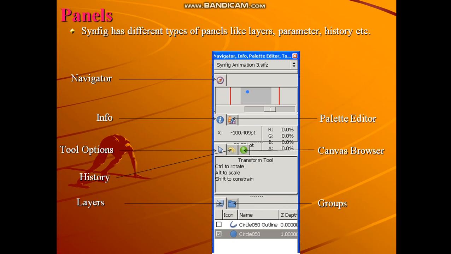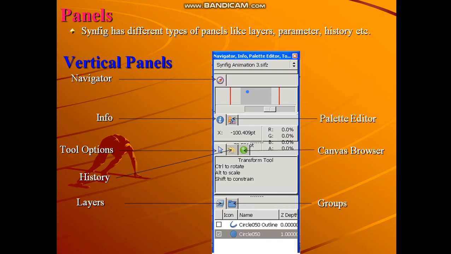Remember here the info panel and palette editor panel, both these panels occupy a single space. Both these panels are situated in the same space. Same way, tool options panel, history panel and canvas browser, these three panels share the same space.